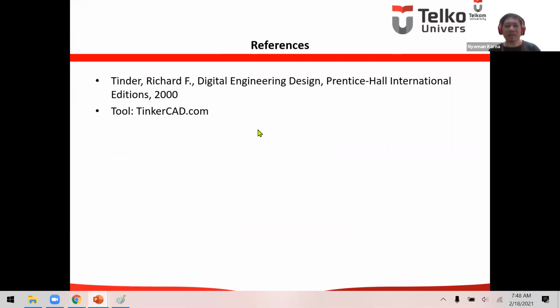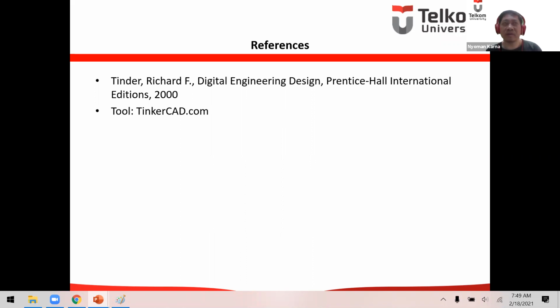For the reference, back from the year 2000, we're going to use the old, but still manageable, and because the content is still updated, we're using the Tinder book for digital engineering design. It's available from the Open Library, although they're not providing the ebook.